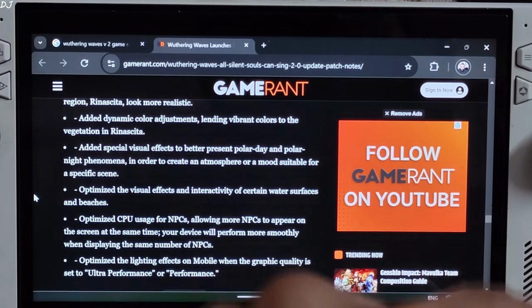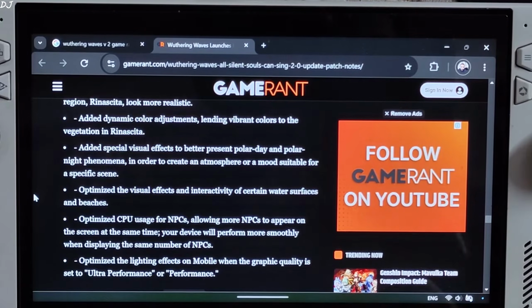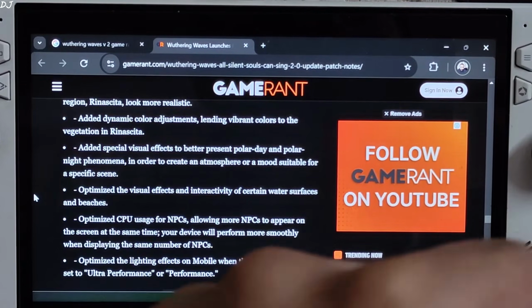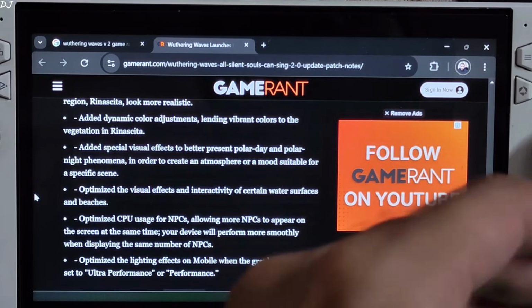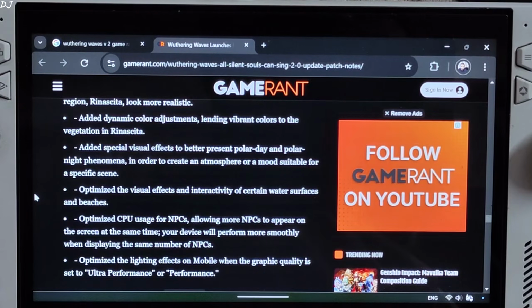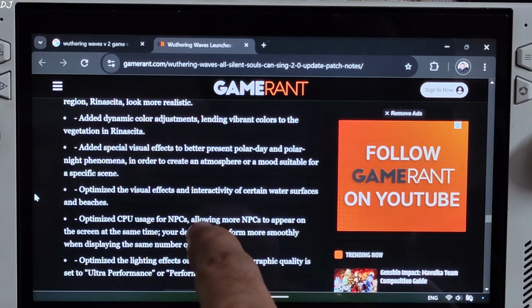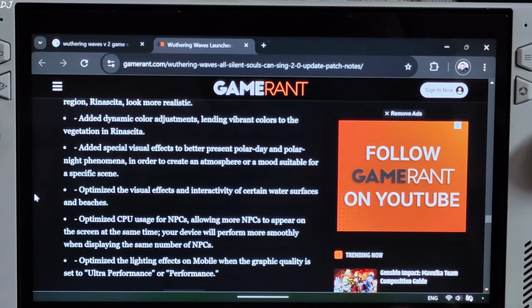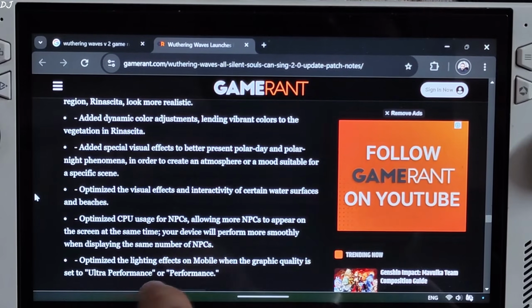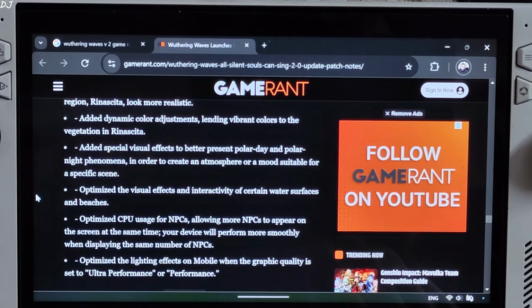Optimized CPU usage for NPCs, allowing more NPCs to appear on the screen at the same time. Your device will perform more smoothly when displaying the same number of NPCs. Optimize the visual effects and interactivity of certain water surfaces and beaches. Optimize the lighting effects on mobile when the graphic quality is set to ultra performance or performance. New graphics preset. In this video I'll be testing the game on my ROG Ally and Steam Deck running on